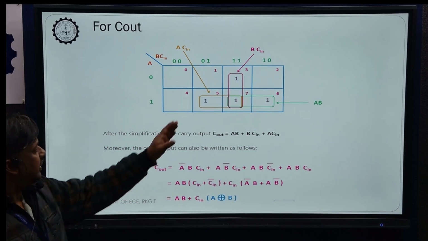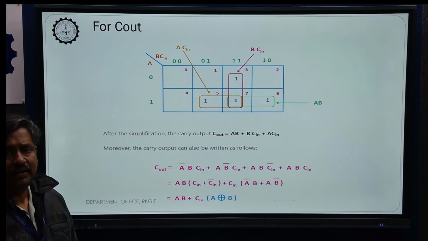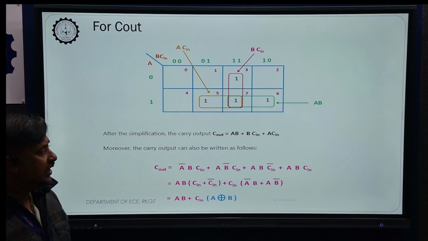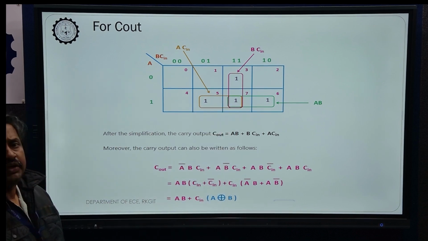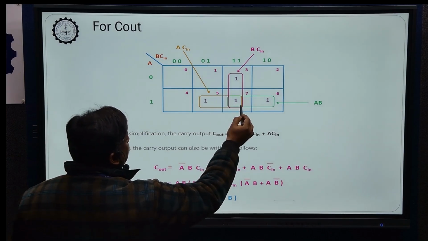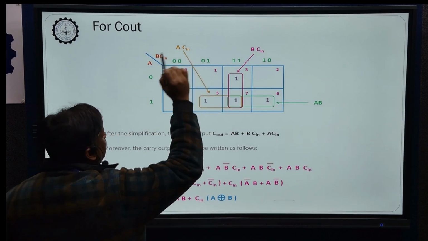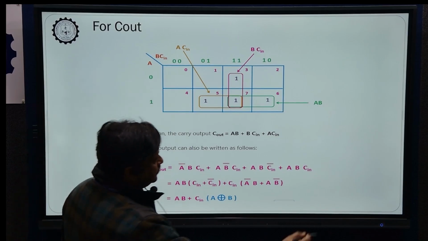We can see we have 3 groups. Here there is a provision of grouping all the min terms in 3 pairs, pair meaning 2. So you have the first group, this one. The output is A C in, because we can see this is